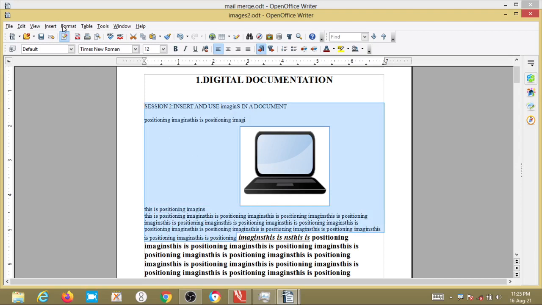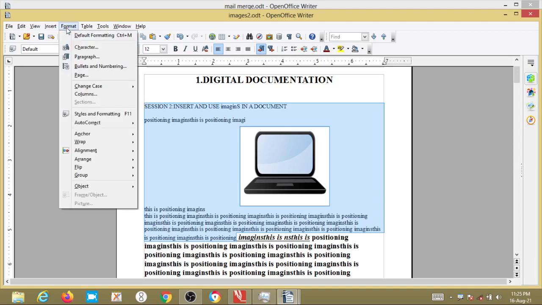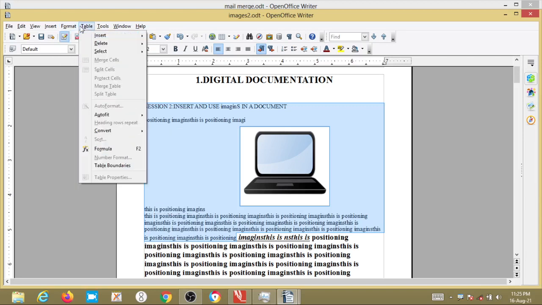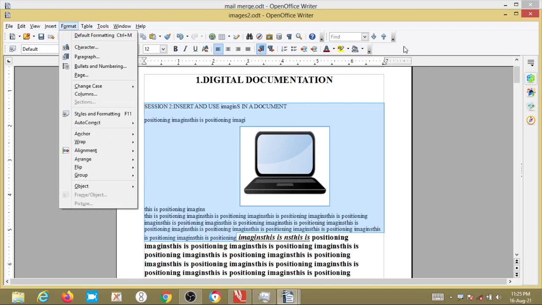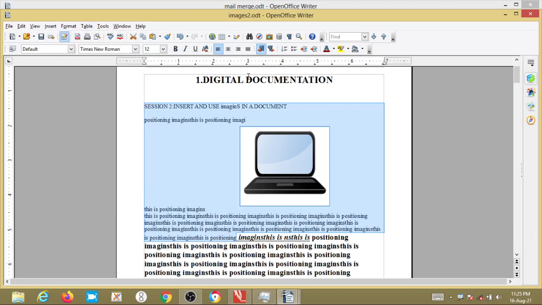Next we have to go to the formatting toolbar and select the size from the font size. This is the format menu, and this is the formatting toolbar, right?